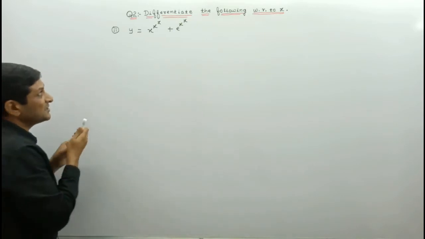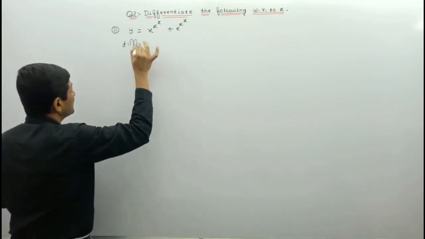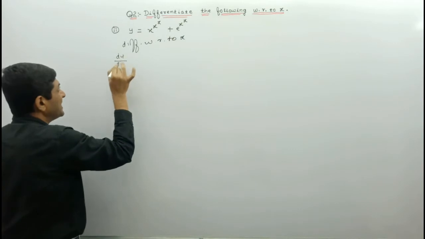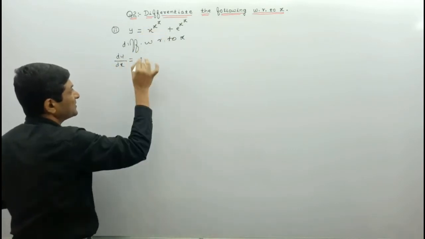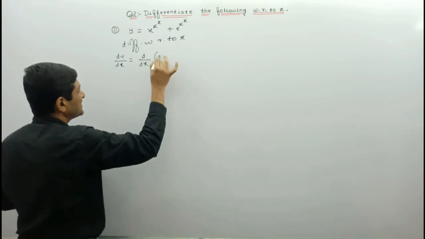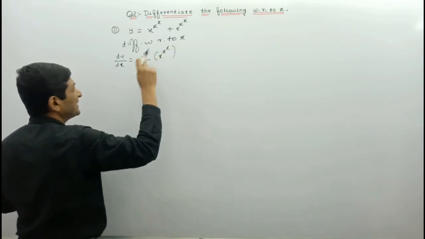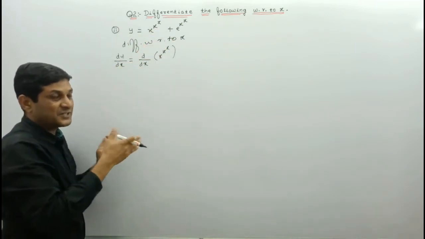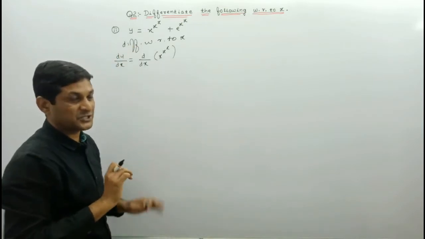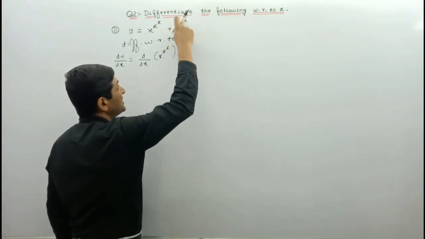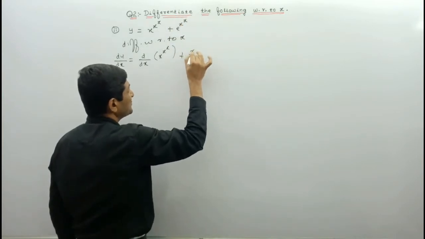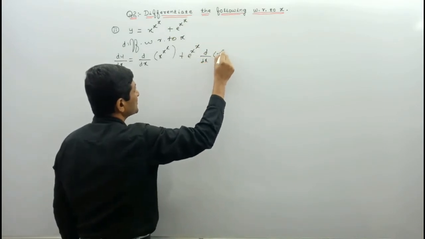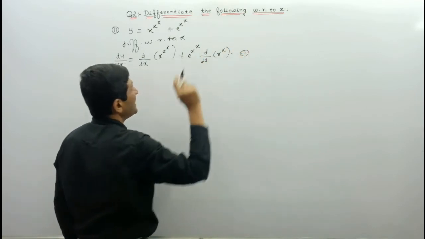So first let us differentiate it with respect to x. Try to understand the steps to find the required derivative. dy by dx is equal to, for this term we will have to find the differentiation by the logarithmic differentiation method, so here we are only writing the derivative of x raised to power x, because later on we will find its separate differentiation and then substitute this value in this equation. Plus, now this function is in the form of e raised to power f of x, so its derivative is e raised to power f of x, where f of x is x raised to power x, into the derivative of x raised to power x. Let us denote this equation by equation number first.